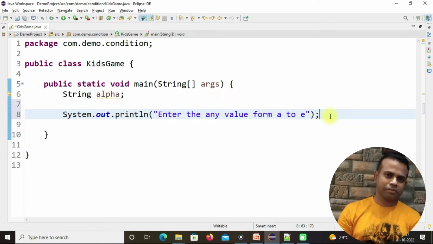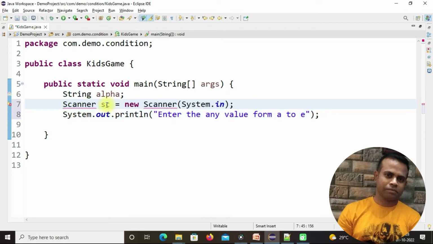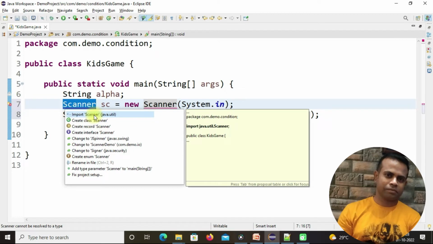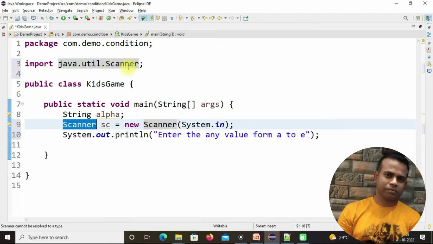And we know to collect that, we have to take the help of the Scanner class. So first we have to create an instance of the Scanner class, and similarly we have to import the package. You can see I have created an instance of the Scanner class, sc, and click on this icon, then you will get the suggestions for package import. Double click here, it will automatically import your package.